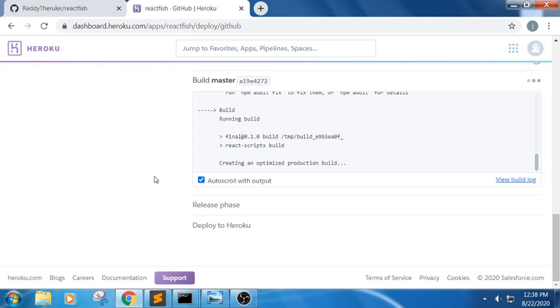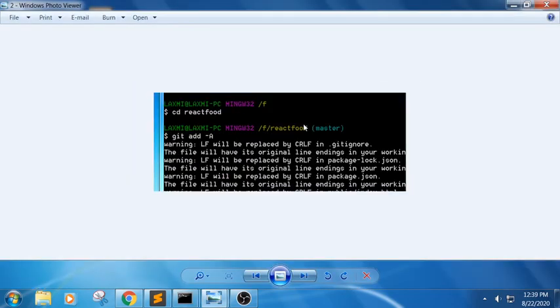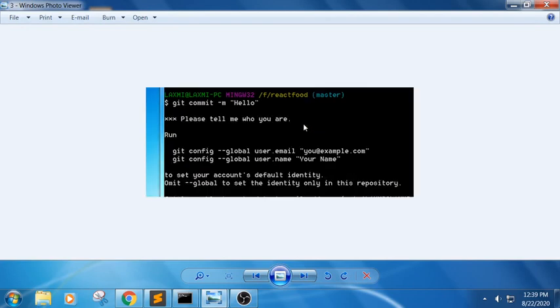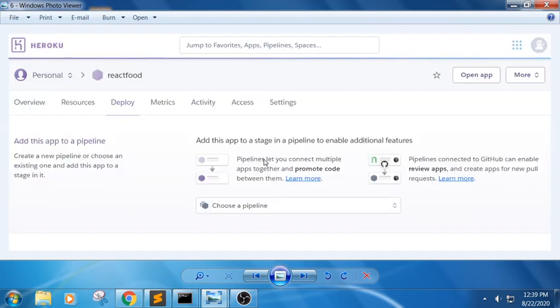Meanwhile, let us repeat the same steps so that you will understand it. It will just scroll, nothing more. See here, first step, you need to clone the folder. Next step, you need to move to the current directory. Next one, add. Next one, commit. If you are new to this, you will get these errors. Just check this. You need to enter your username and email ID. Again you need to commit. Next one, push. Next one, you need to go to this folder as we have done.